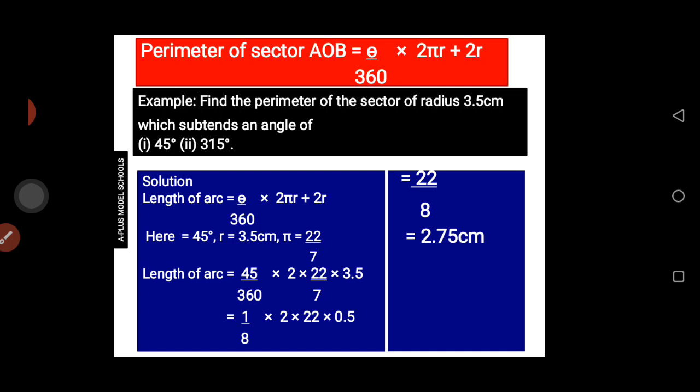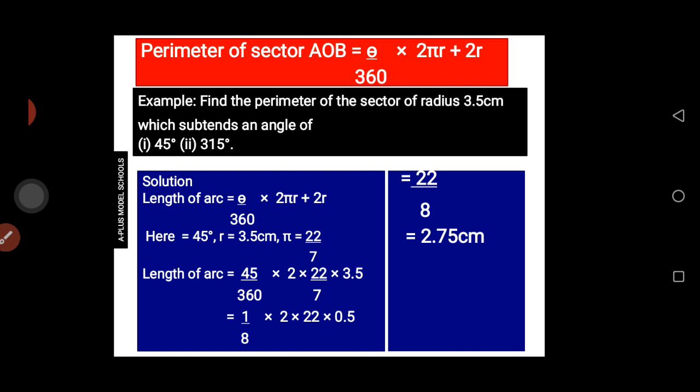So taking our formula to be theta over 360 multiplied by 2 pi r plus 2r. Here we are given our theta to be 45 degrees, then our radius to be 3.5. And don't forget your pi will be 22 over 7. Once you are not given a value of pi in your question, just note that the value of pi will be 22 over 7. So from there, I have 45 over 360, which is theta over 360, times 2 times 22 over 7 times r, which is